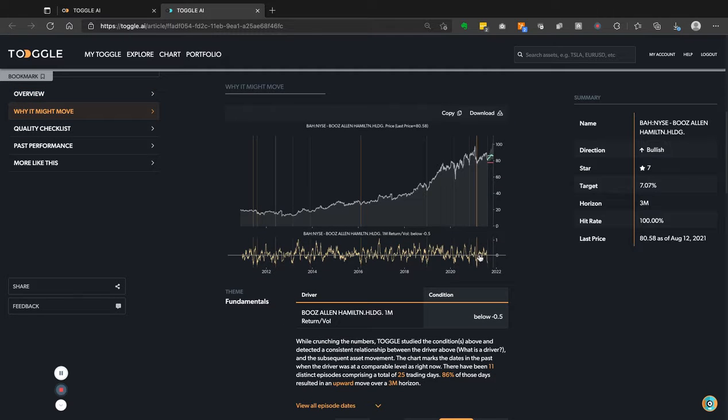Now, why the move? Let's take a look at this. You can see here just how extended the stock has been on this surprise move. So again, the way we look at a surprise move, we simply look at the return over the past month and then adjust by the volatility that existed at the time when the move began to put it